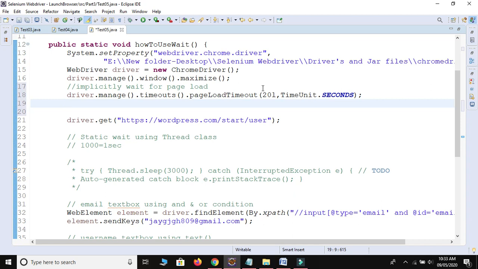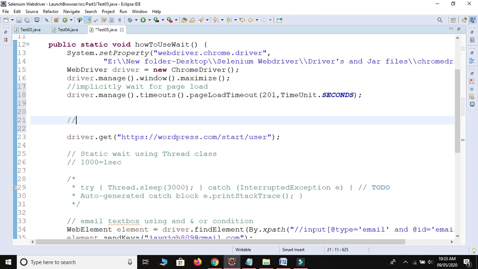It will wait for 20 seconds, and if your web page is not loaded successfully after that, it will throw an error. If your web page is loaded in just 5 seconds, the remaining 15 seconds will be ignored. So this is for the page load.